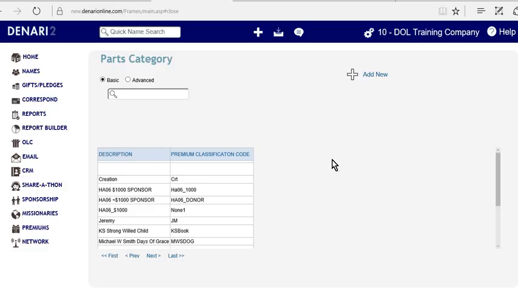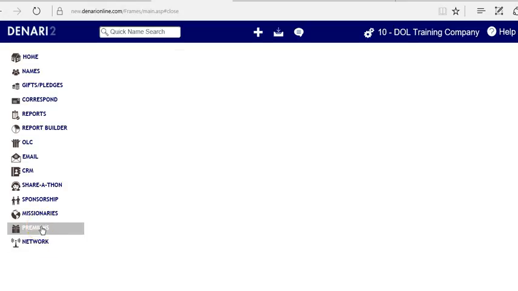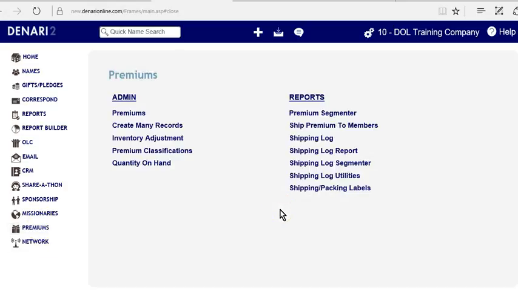At this point, we've covered 99% of what you need to know about premiums. I just want to point out the segmenters briefly. So I'll click on this Premiums button again. And on the right here, we see the Premium segmenter, the Shipping Log segmenter, and the Shipping Log Utilities. These are similar to Name, Gift, and Pledge segmenter in that they allow you to get lists of premiums based